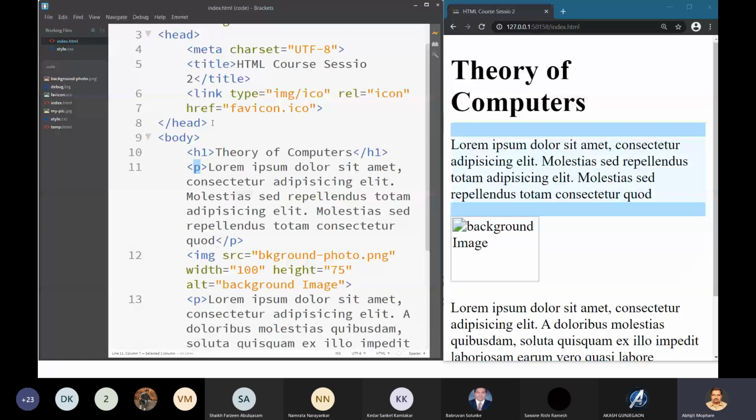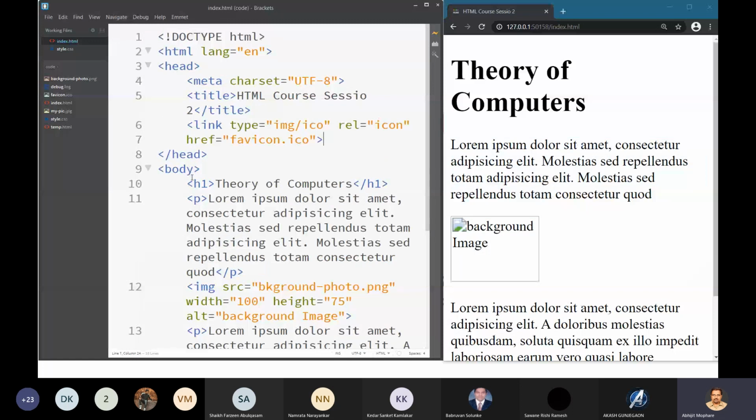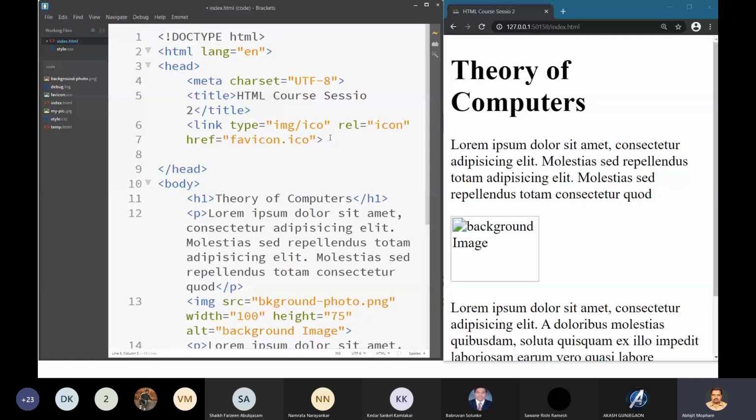Do we write the element which gives certain information to the browser in the head tag or the body tag? We have learned whatever information you want to communicate to the browser, we have to write inside the head tag. And we have also learned, if you want to include an external resource, any file, and tell your browser the presence of that file, you have to use the link tag. So here also we will use the link tag.